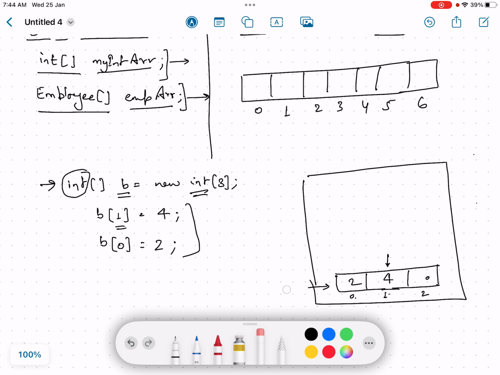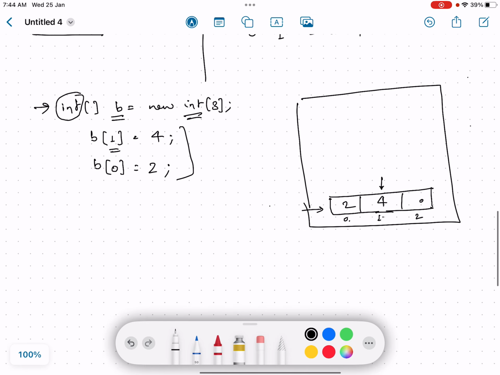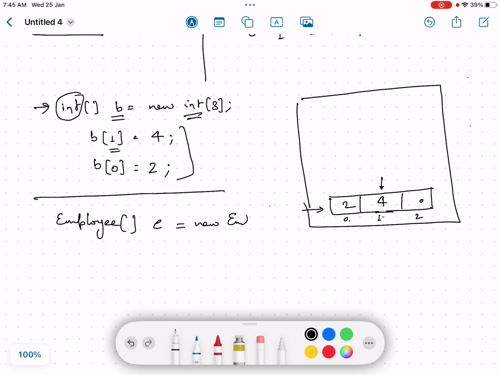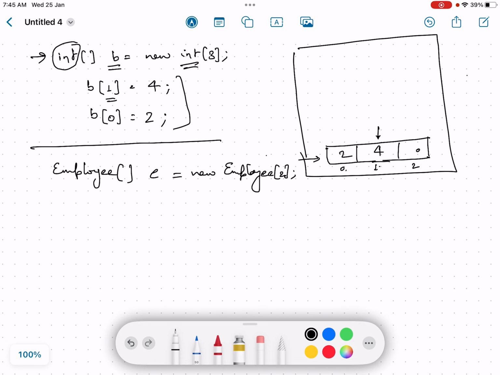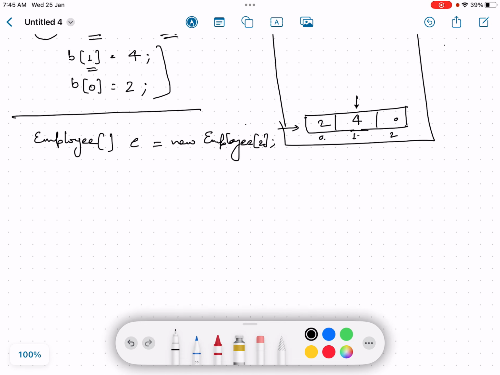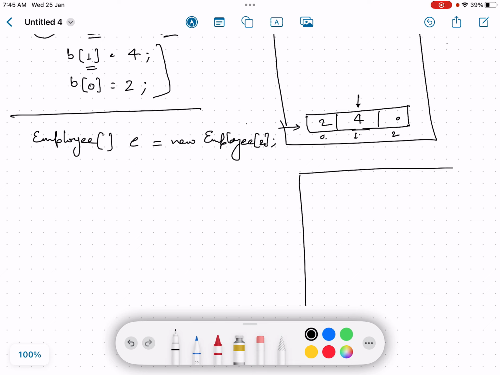Okay. Now let's take another example. Let's say we created an employee array. We have an employee object, and we are creating a new array to store employee objects. So something like this, employee, let's give the size 2. Now in this case, again on the heap, a new array object will be created